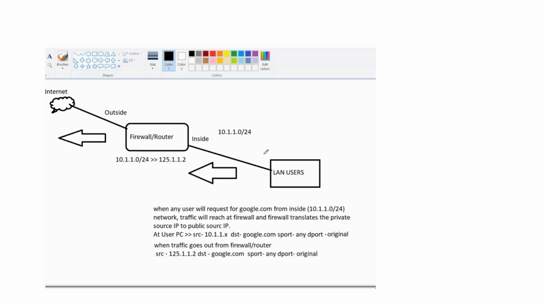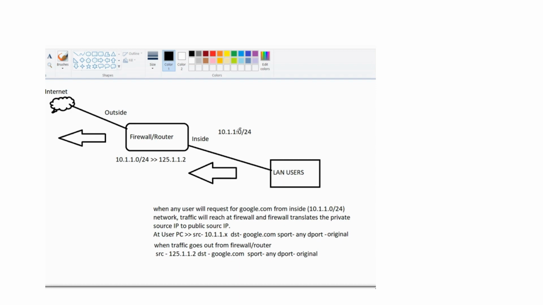If you want to access any public hosted website from your LAN side, from your inside, so definitely your private IP should get changed in the public IP, because हम सब जानते हैं कि प्राइवेट आईपी पब्लिक आईपी के साथ में डायरेक्टली कम्युनिकेट नहीं कर सकती। ये पॉसिबल है केवल नेट के थ्रू।